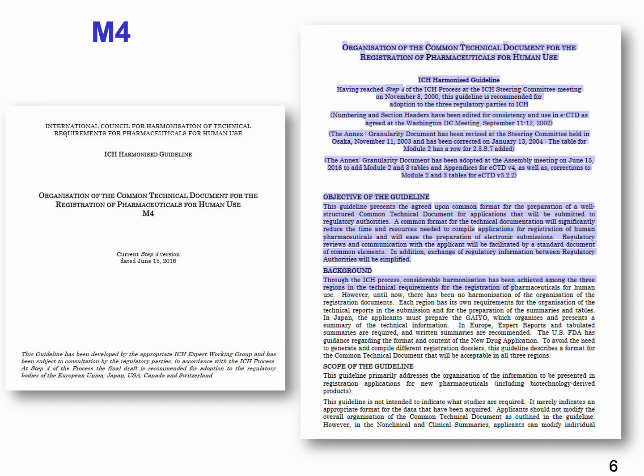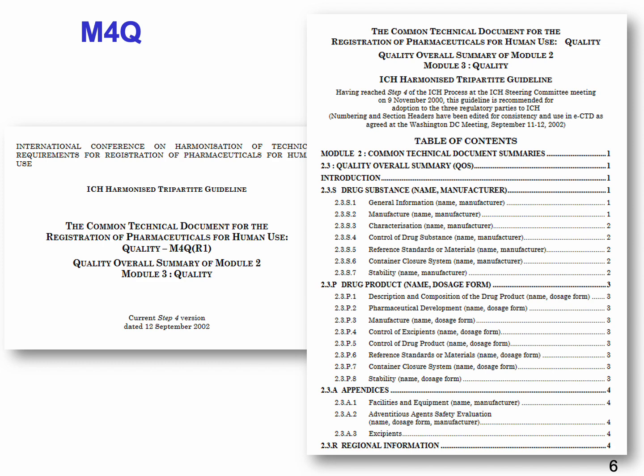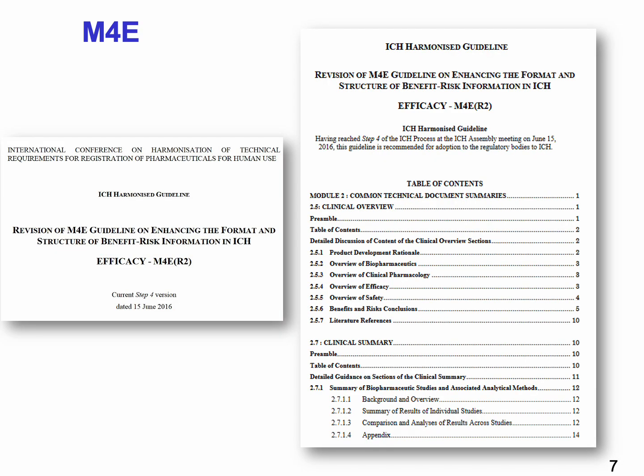And now, of course, here we can just see a screenshot of ICH-M4, where we have this triangle, or the pyramid, that I already explained. Here we again have a screenshot of the first pages, the cover page and the table of contents, of ICH-M4Q for quality. Here we can see the screenshot of the ICH-M4S for safety. And here we can see the screenshot of the cover page and the table of contents of ICH-M4E for efficacy